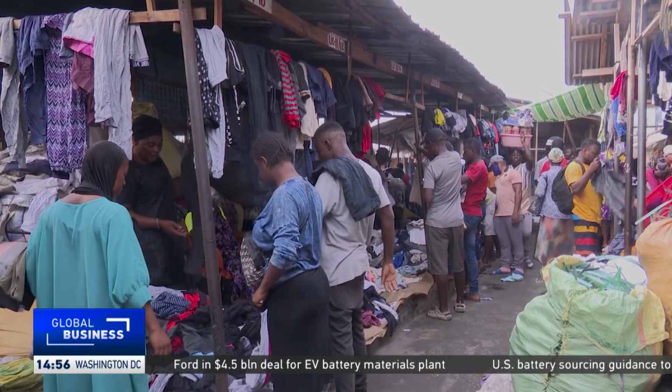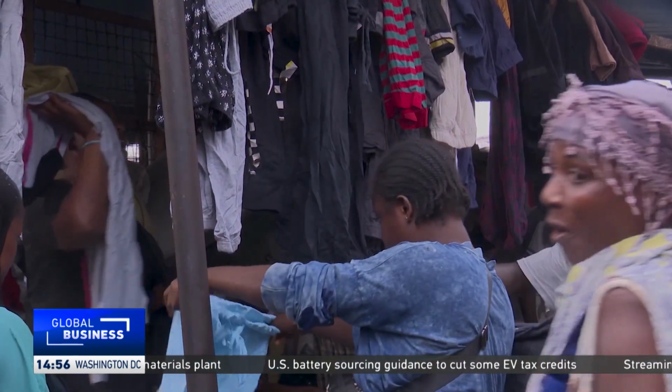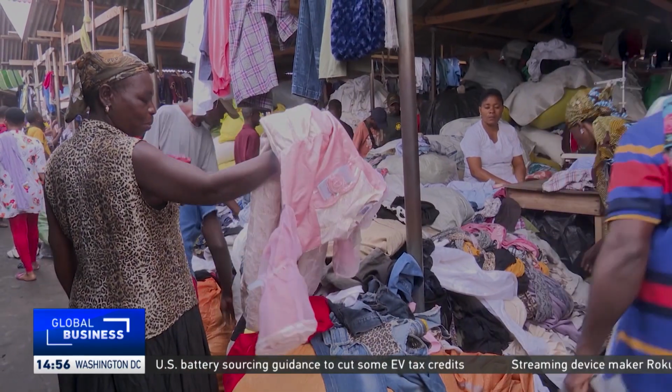This is impacting heavily and negatively on our infrastructure. The only infrastructure we have to manage municipal solid waste is landfilling. And this textile waste has the tendency to choke our landfills to the extent that it reduces the lifespan of the landfills. In 2011, the government tried to enforce a ban on second-hand clothing, but it backed down after a